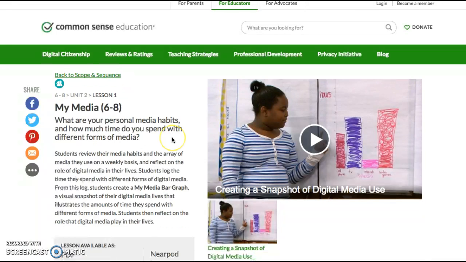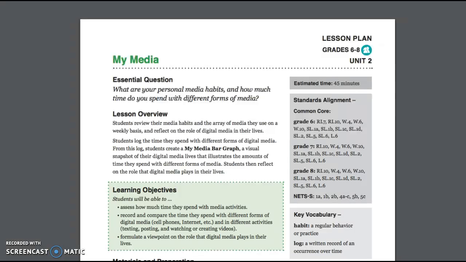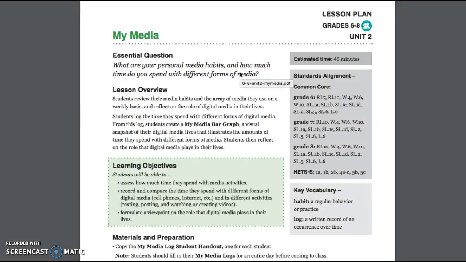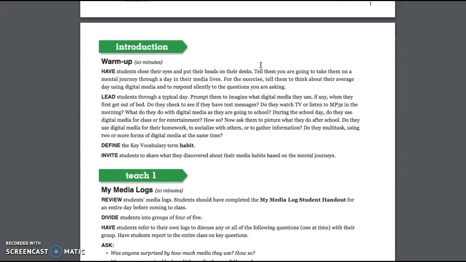So you can see on the website here, you can click on the download and that'll bring you over to the lesson itself, which is right here. And a quick overview, it addresses critical thinking, there's some writing involved, discussion and collaboration, there's graphing and compilation of data, there is interpreting data and then reflecting on what they've just learned about themselves in terms of media. So the lesson runs about a single period or about 45 minutes, and the lesson kind of opens with students